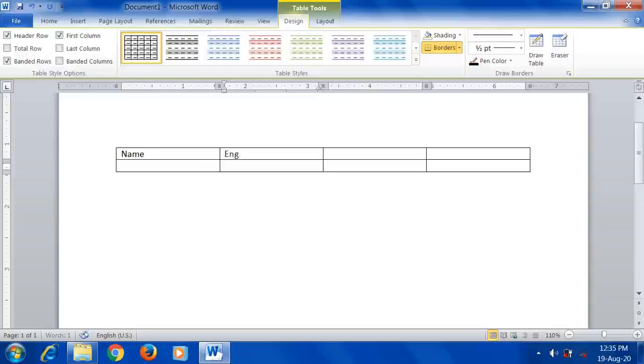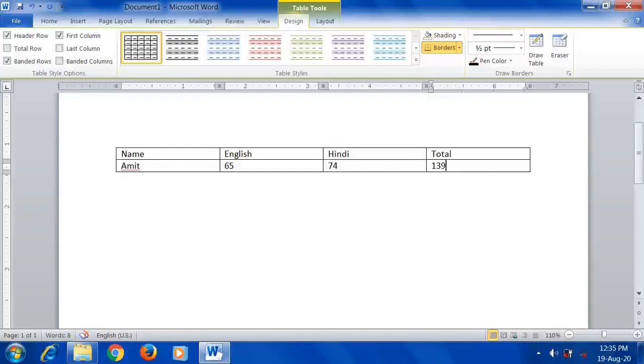Now here I'll enter English. Now I'm pressing the tab key, so I press the tab key to move to the next cell. The name is Amit. His English marks, randomly I'll enter, 74, and 39 is the answer. Now see, we need the next row because we inserted only 2 rows. To enter a new record we need another row.